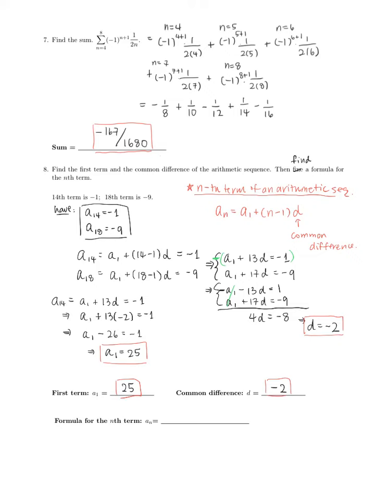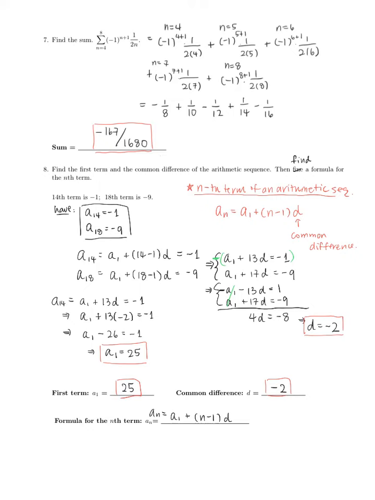Okay, now the formula for the nth term. Alright, so let's go back to the formula. A sub n equals A sub 1 plus n minus 1 times t. So our A sub n is going to look like A sub 1, let me just write everything out, plus, so A sub n